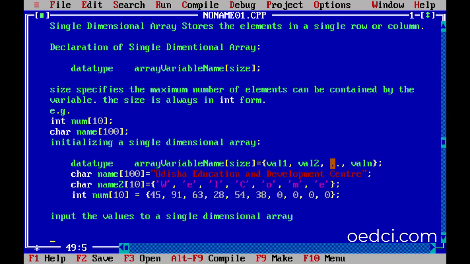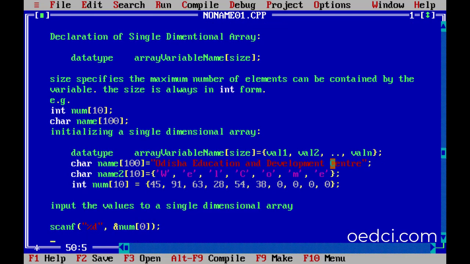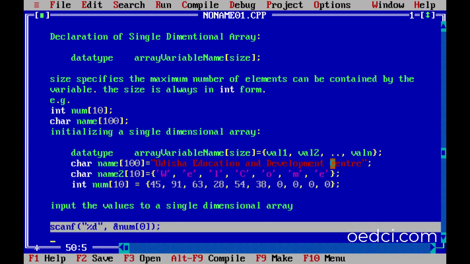So how can we input? scanf("%d", &num[0]). We can input the first element, num[0]. It stores the elements with an index number. Already we have discussed that all the elements have an index number starting with 0. So in the same way we can input